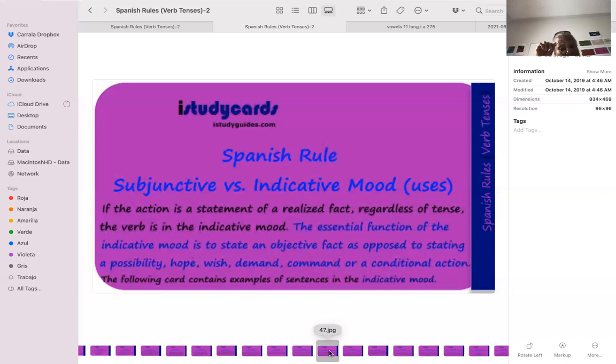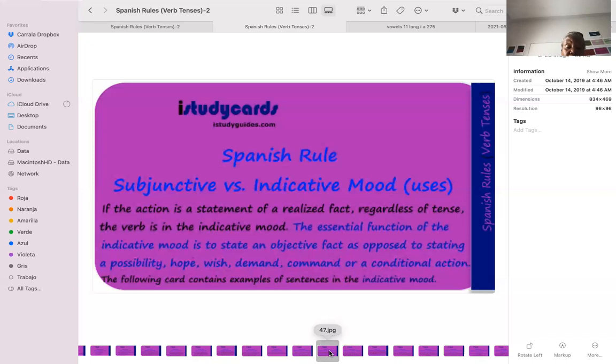Now I said rise because that's the true subjunctive, but reality is most people would say, I hope that the sun rises. They will not put it in the subjunctive. They'll put it in the indicative structure. Okay. The indicative,